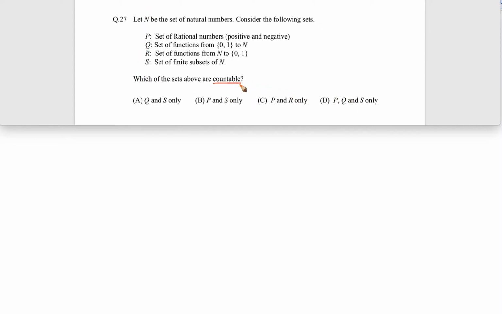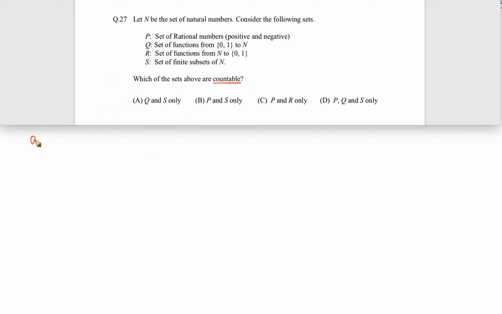Now what is countable? The basic and most trivial definition is that anything which can be mapped one to one to the set of natural numbers is countable, right? So if somebody says the set of all even integers, that is countable infinity, right? Because k to 2k you can directly map. So in that sense,